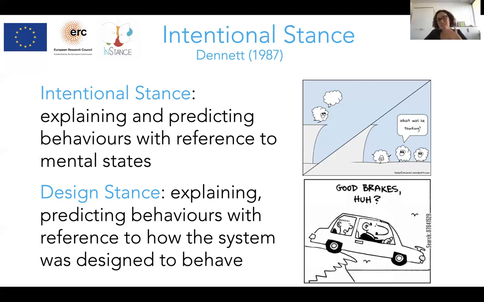Then the question is, since robots look like humans, sometimes humanoid robots do, they might behave like humans. When and under what conditions would people adopt the intentional stance, and when would they adopt the design stance? But before we can ask that question, the question is, how do you actually measure whether participants adopted the intentional stance or not? And that's the part of operationalizing a philosophical concept.